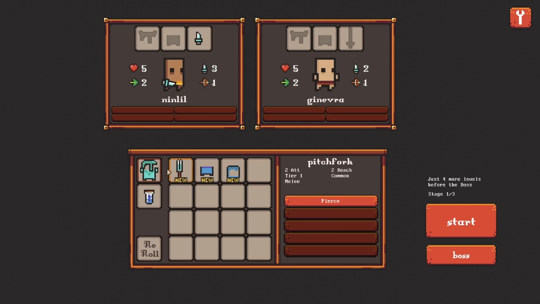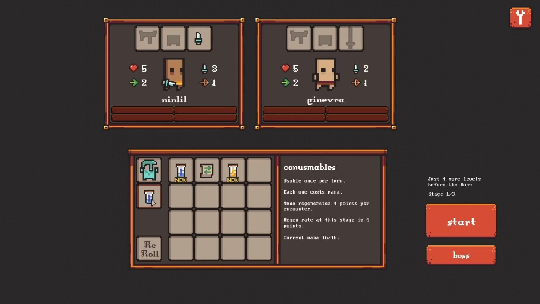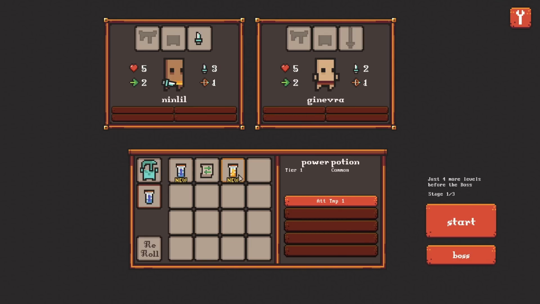Okay, and select an item. Okay, so we've got consumables. Do we get to pick one? We get to pick one. Just 4 more levels before the boss. Oh, crikeys. Okay, so power potion. Attack up by 1. Switch. I don't know what that does. What does that do? Oh, do you swap places with somebody? Maybe you could swap places. Or...